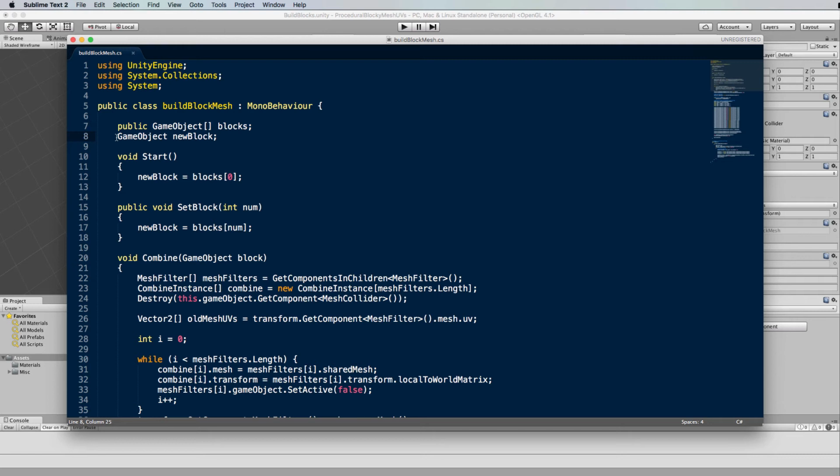That's fine. I think it was public. Doesn't need to be public anymore. It's only going to be used internally here. Then a quick start function which will set new block to something, which will just be the first block in the array. Otherwise, it's going to be nothing, and then you'll get an error if you start trying to build